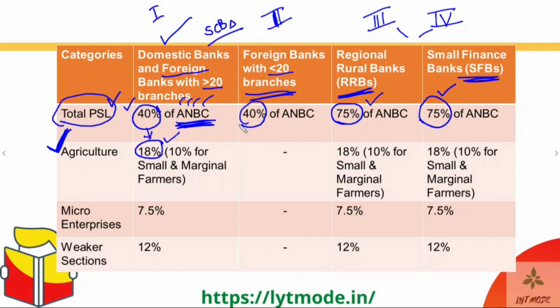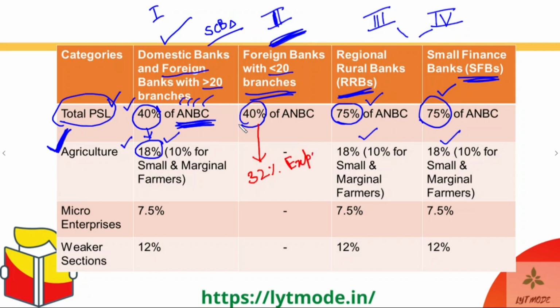I mean, not 18% of 40%, but 18% of the total ANBC. So out of this 40% of total ANBC, 18% has to be given to agriculture as PSL by all banks, including RRBs and SFBs. The only exception is category 2, the foreign banks with fewer than 20 branches. For them, the characterization is very simple. Out of this 40%, 32% has to go for export credit,